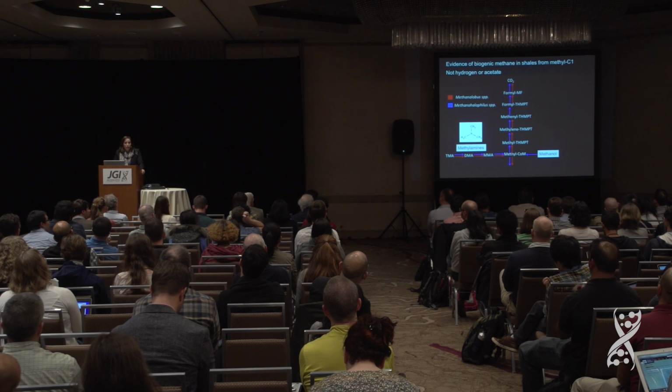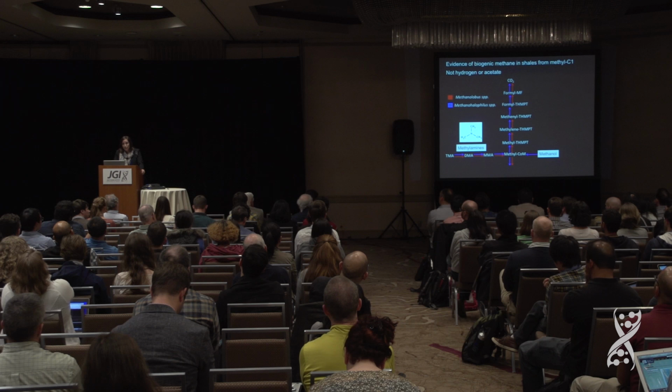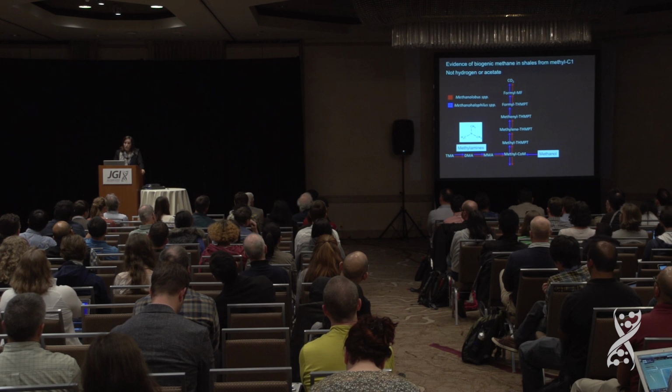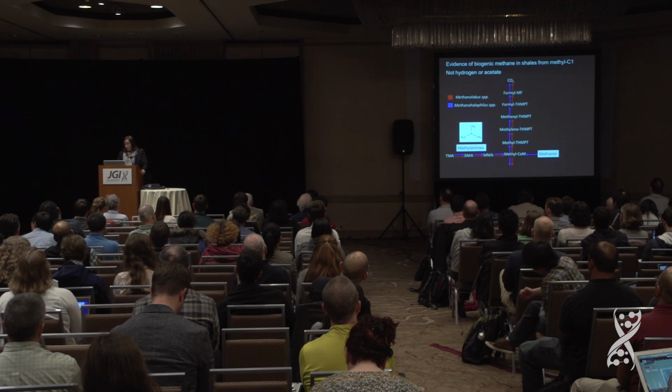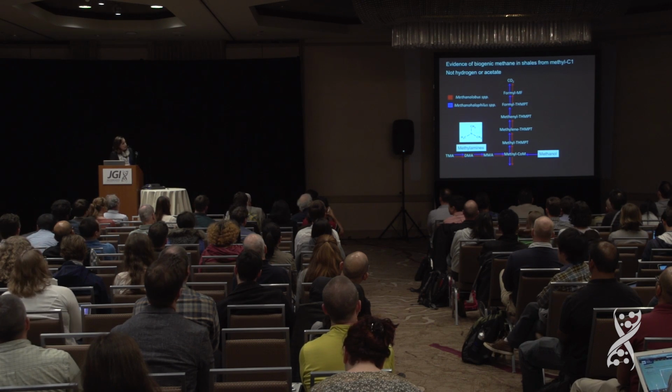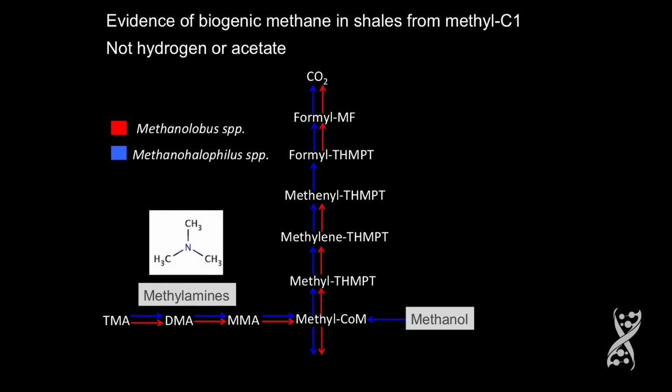And so actually, all of the methanogens that we've recovered in the system are all obligate methylotrophs. So they're not using hydrogen, and they're not using acetate. At least that's what we were inferring from the genomes. And so they're using methylamines, trimethylamine, dimethylamine, monomethylamine, which differ in the number of CH3 groups, or they're using methanol. And so if we want to understand methane production, and biogenic methane production is something that we could maybe